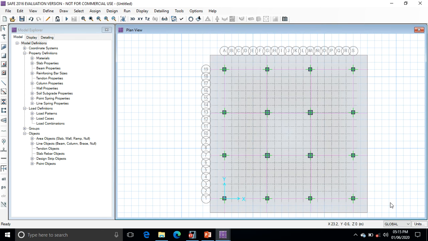After designing both the strips, that is in X and in Y direction, that is strip A and strip B, next step is foundation design for building, assign property and load.